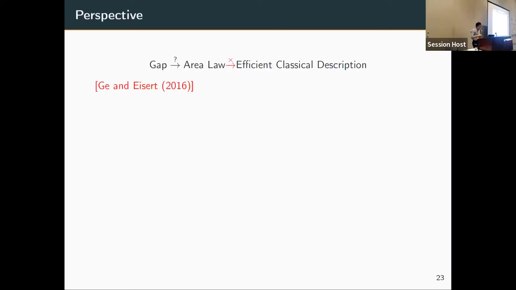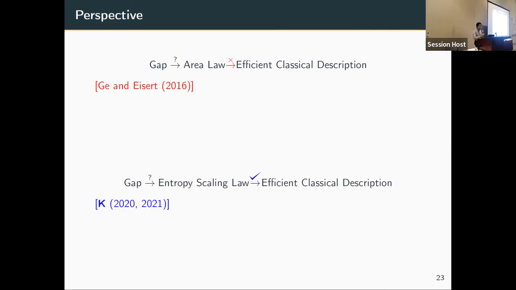Okay, so I'd like to make a little comment on the perspective that I have on this problem. I think understanding the entanglement structure of these 2D systems is very important. So it's very important to understand if we know the area law, but there is this lingering question: once we have area law, is that going to be the end of the story? Unfortunately, it doesn't seem to be quite that, because simply having an upper bound on the entanglement does not necessarily imply that you would have an efficient classical description. That said, maybe the mathematics that allows us to prove area law may allow us to jump directly from gap to the efficient classical description.